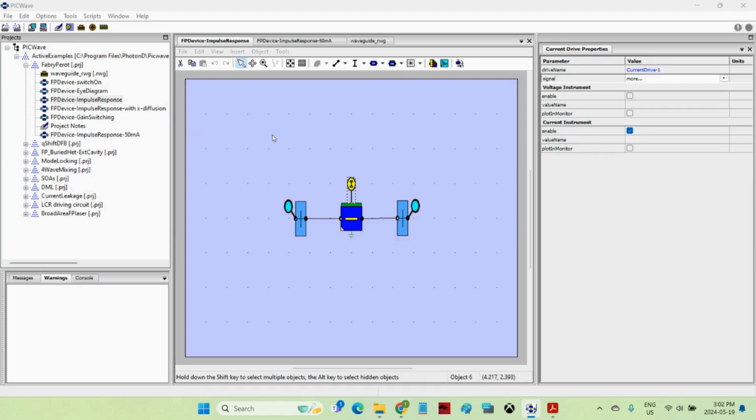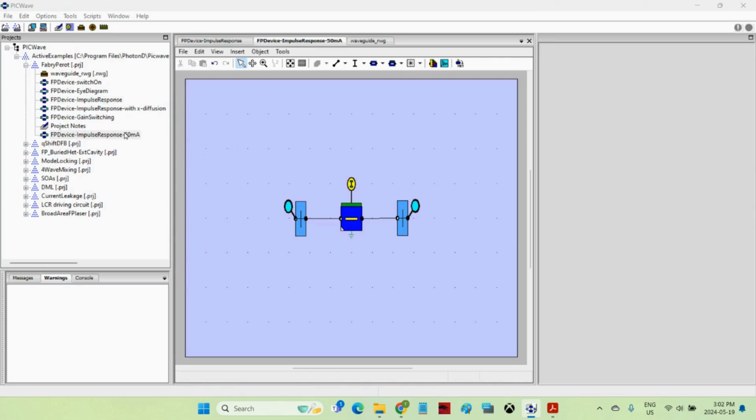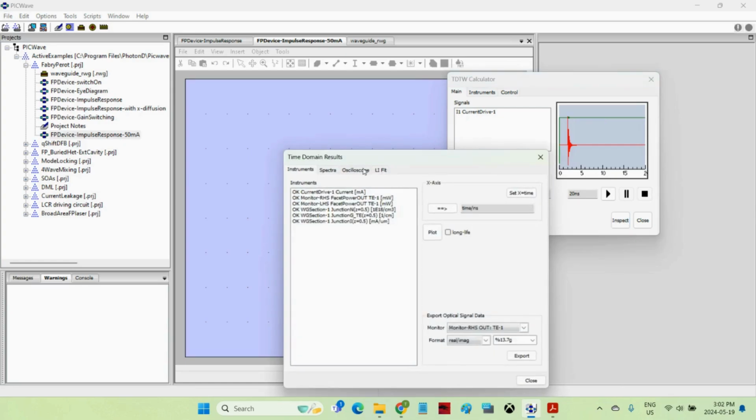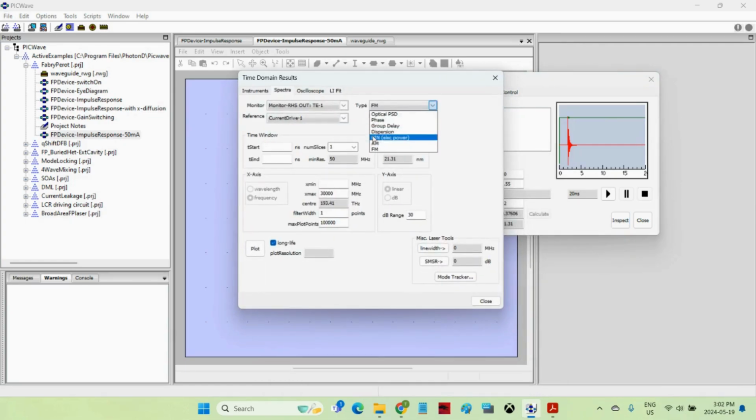So let's do the same simulation again, but for 50 milliamps. So I have a second model set up here with a 50 milliamp current drive. Run the calculation, inspect, Spectra, AM,